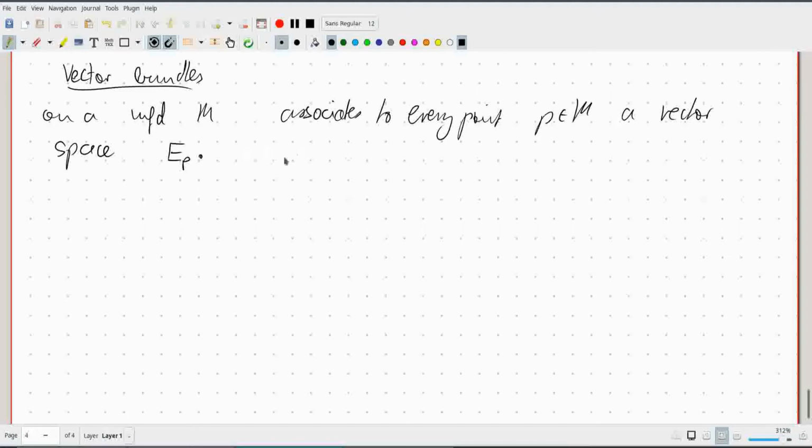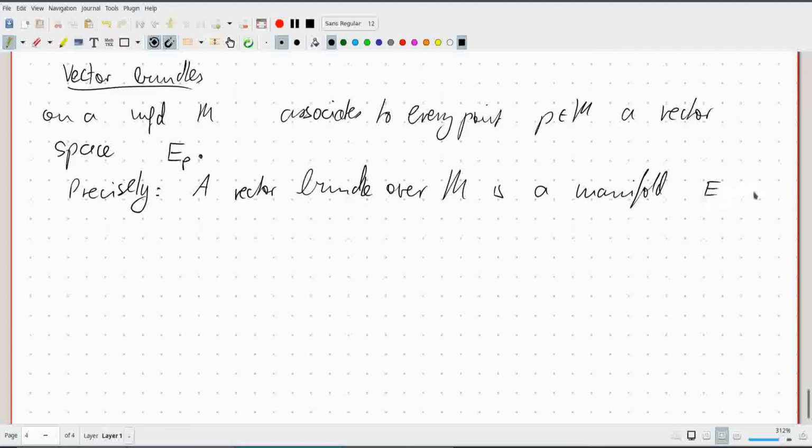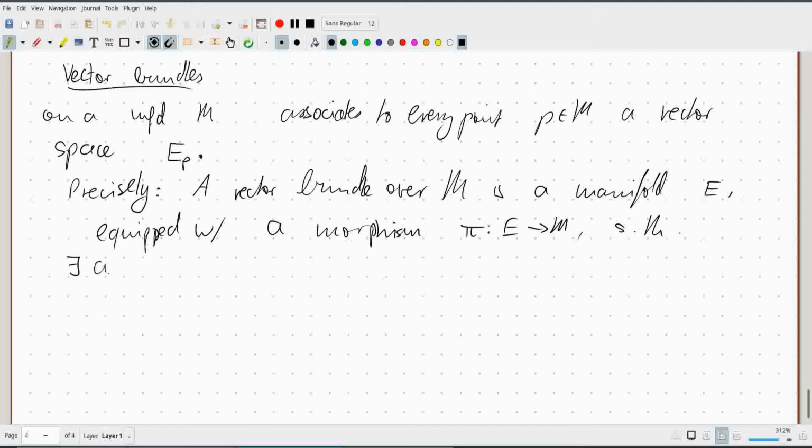What that means precisely is, a vector bundle over M is a manifold E equipped with a morphism pi going from E to M, and now we want the fiber of every point to be a vector space, and again in a smoothly compatible manner. And what does that mean? Such that there is a cover